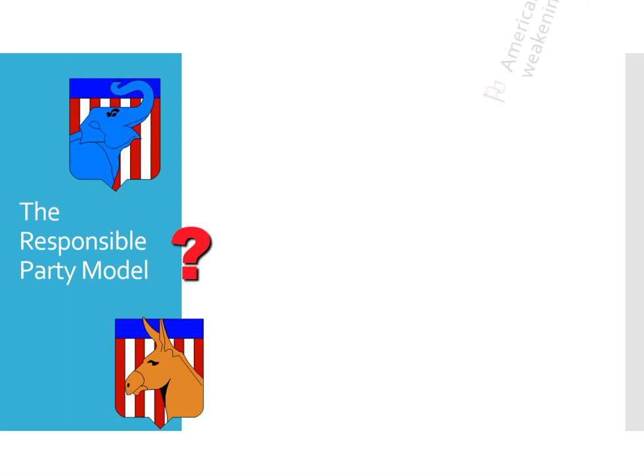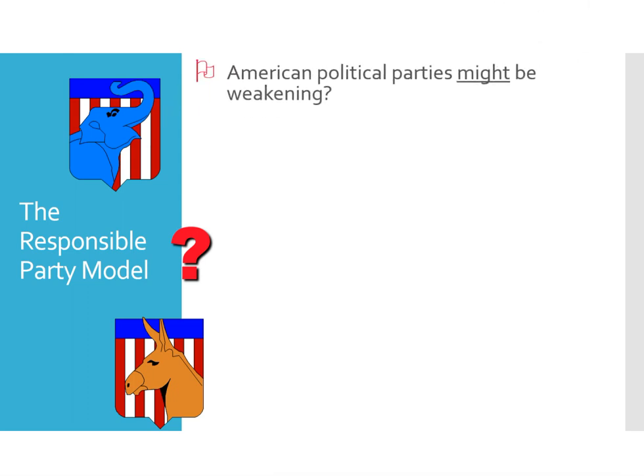Now, does a responsible party model work? Because there are some problems we have. First of all, American political parties might be weakening. What do we mean by that, they're weakening? Our elections are increasingly candidate-centered. In other words, it's not the political party made up of party bosses, made up of party patronage, that in effect dictate who will be